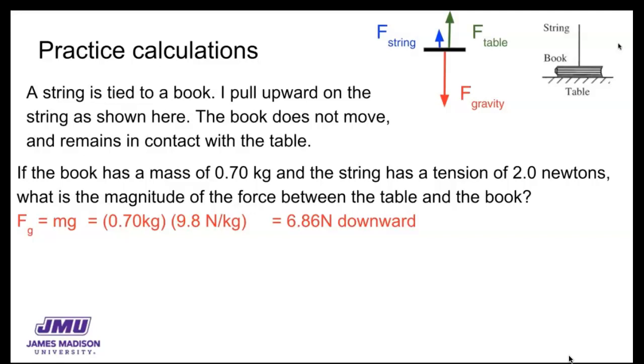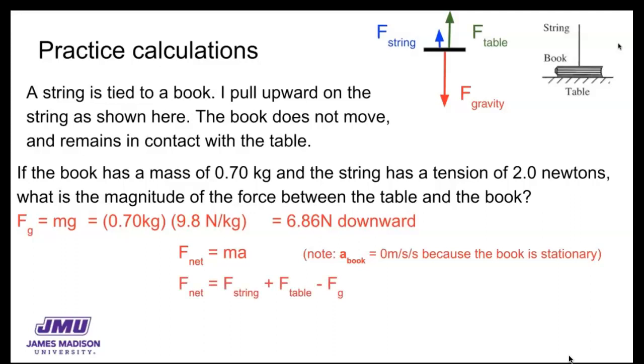I'm mentioning downward here because when we go to do some math, what we're going to find is downward is a negative y direction. We're going to have to refer to this as 6.86 newtons negative when we go to do the math. The math that we want to do is actually this. The net force acting on the book is equal to the mass times the acceleration. And since the acceleration of the book is 0 because it's stationary, then that means the net force acting on this book is 0, which means